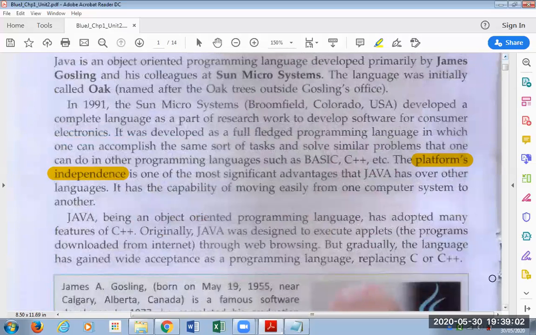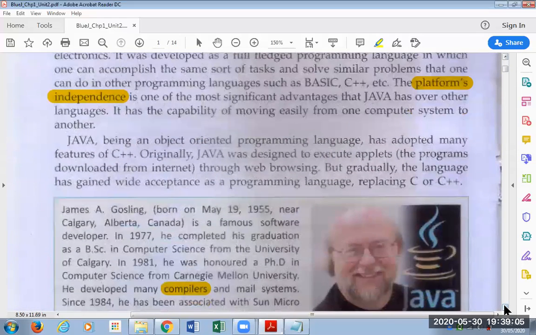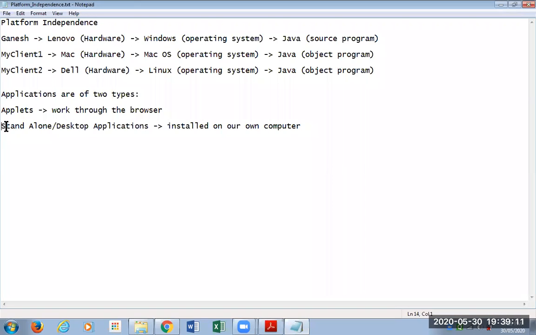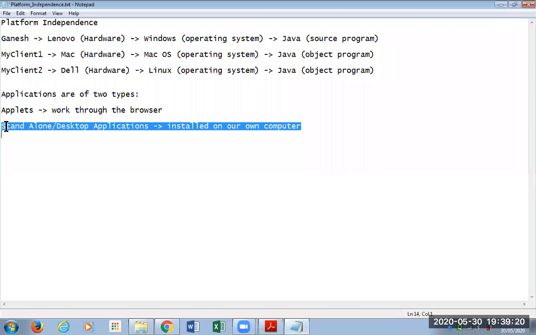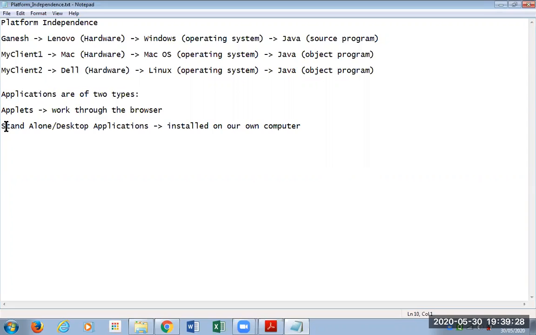Like platform independence, applets, desktop applications. One thing I would like to share with you is that the programming that you will be doing in your 9th standard Java course is going to be basically standalone or desktop applications. That means the programs that you did for homework today, if you relate them with this topic, applications, the programs and the classes that you write are called applications, apps. In the mobile world nowadays, we call them apps.